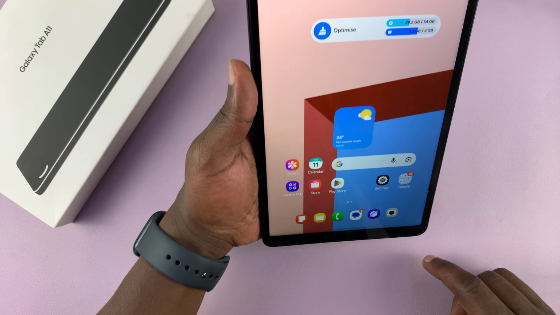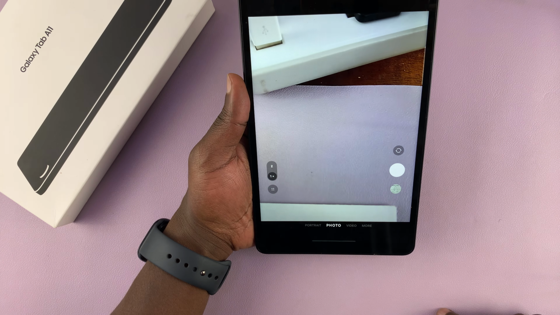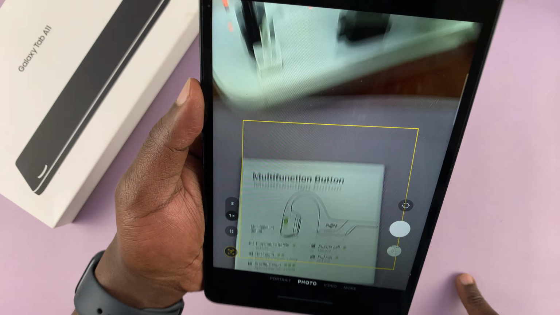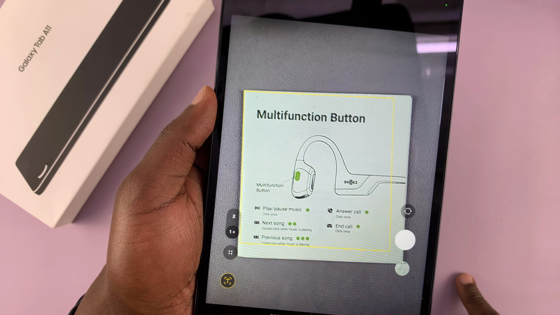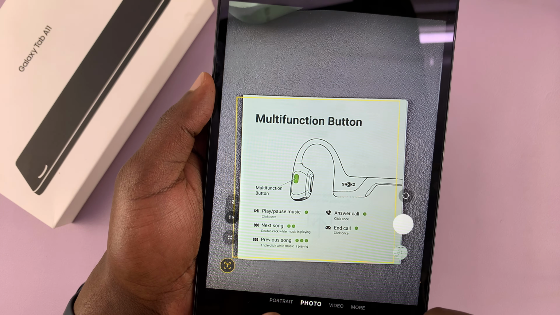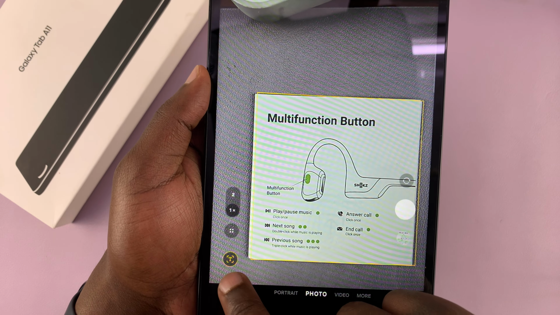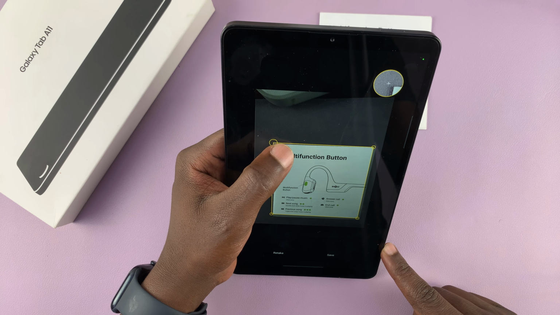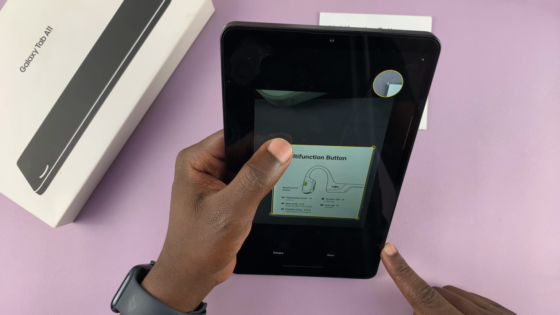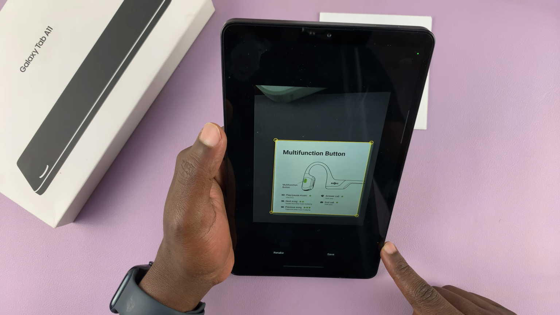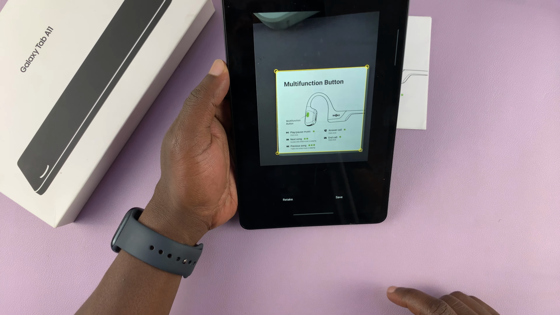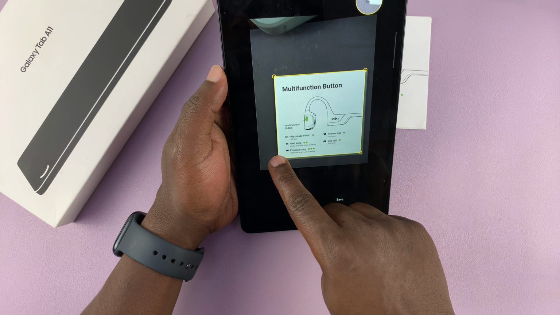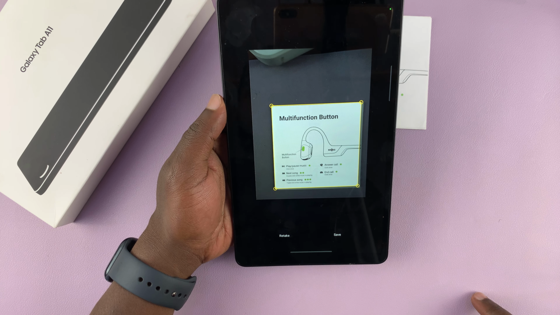So what you need to do is just open the camera app, and when you point the camera app at a document which is relatively flat like this one, just put it on a flat surface like this, and it's gonna detect that this is a document and give you this icon here. So tap on that icon, and then it's gonna get captured, and then you can just make sure the edges are properly set to capture just the document. Okay, let's go to the bottom there and just make sure that it's right like that, and then tap on